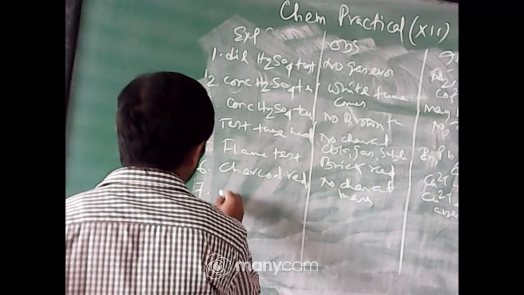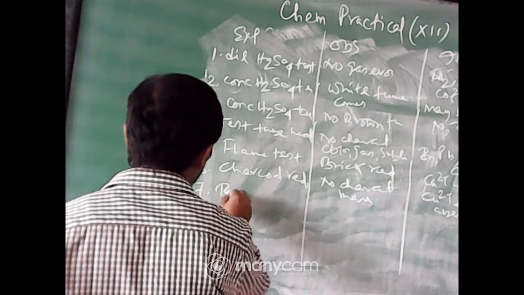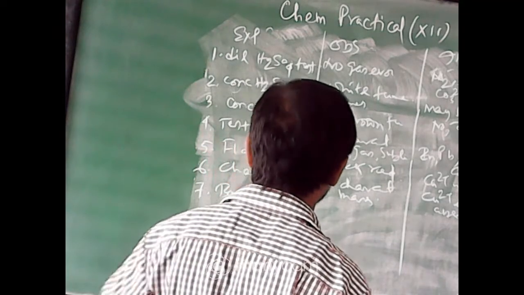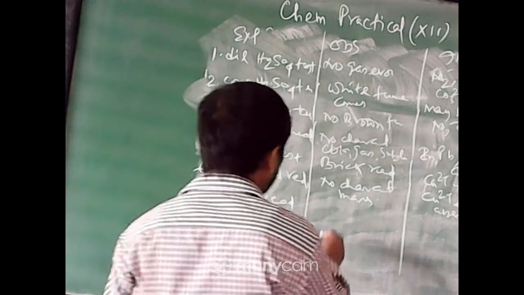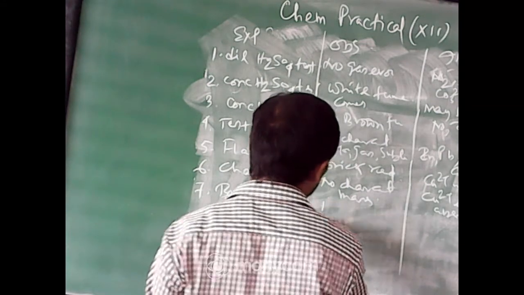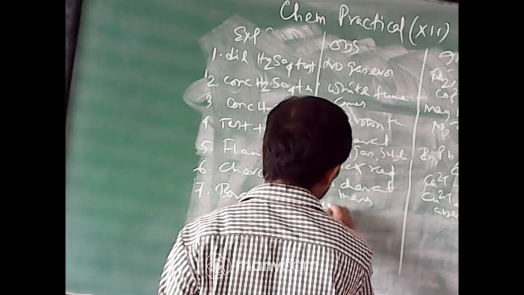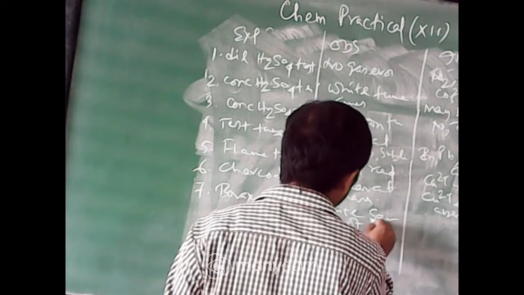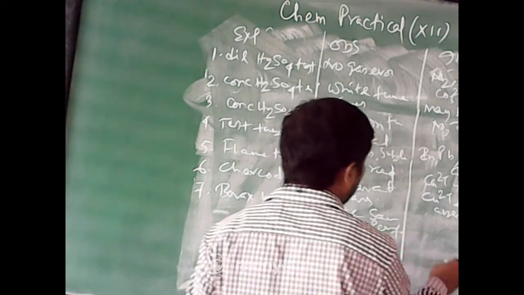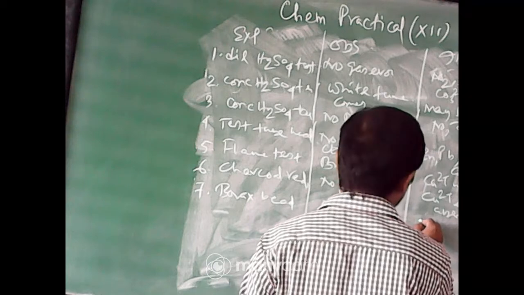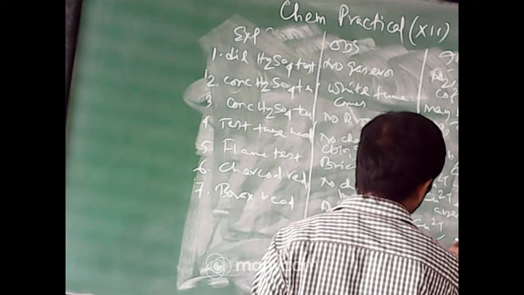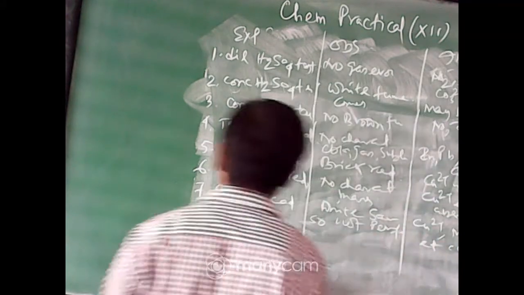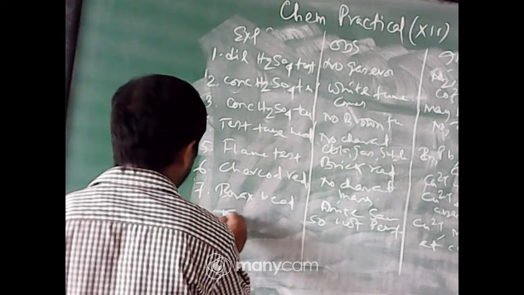Number 7, that is the borax bead test. Now the borax bead is for the basic radical, as it contains calcium. So the borax bead test is not performed because the sample was white, not colored. Now there will be a respective conclusion that copper, manganese etc. absent. Number 8, that is the KMnO4 test.